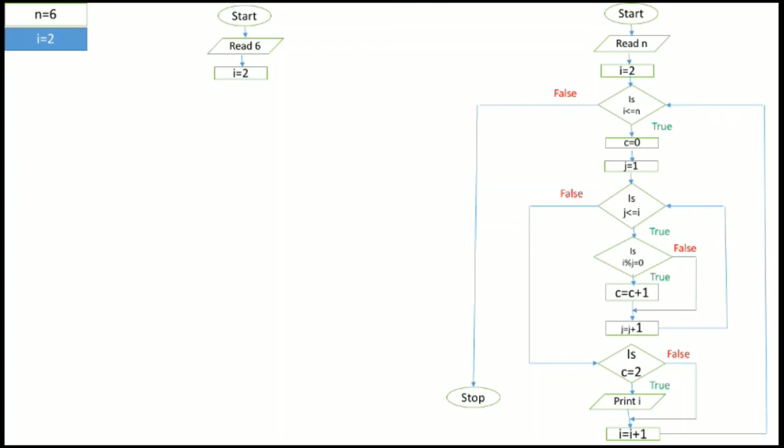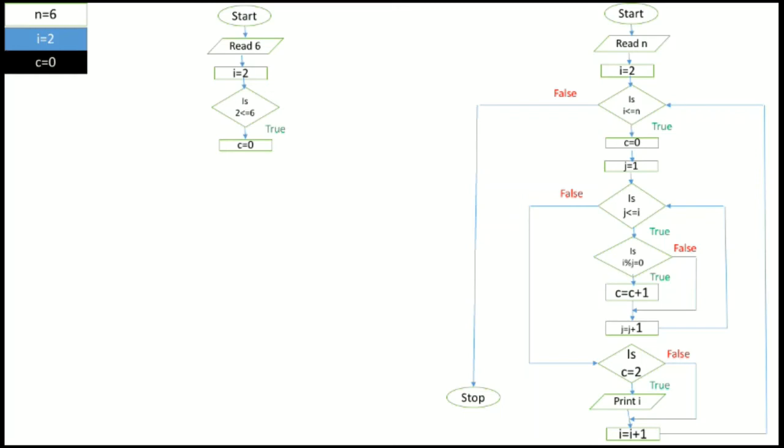Next we will check if I is less than or equal to n. So is 2 less than or equal to 6? Yes, it is true. Then we will assign a value to c, that is c equal to 0.